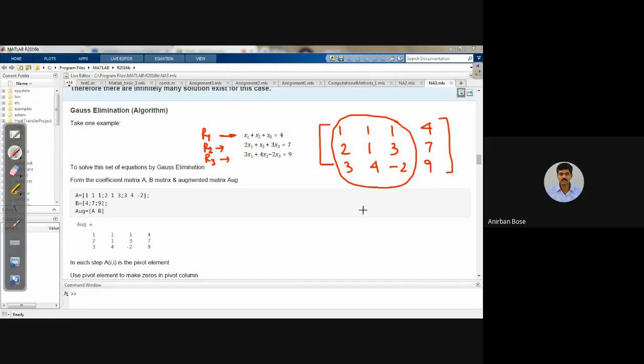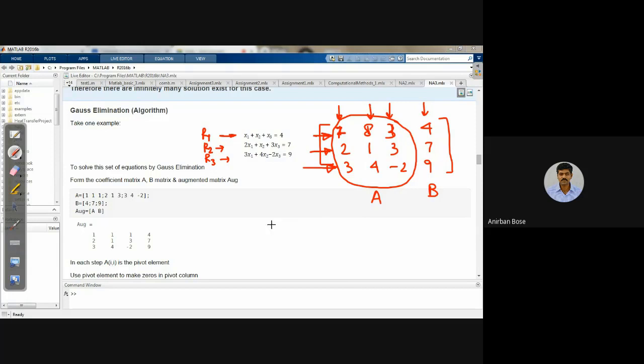The technique is, since these are 1, it will create some problem. Let me write some other values so that you can understand it better, and then we'll convert it into 1. So let us say this is 7, 8, 4, 3, whatever. This is row 1, row 2, row 3, and this is column 1, column 2, column 3, and column 4. This part is the coefficient matrix A, that is circled, and this part is B. The whole thing is the augmented matrix.